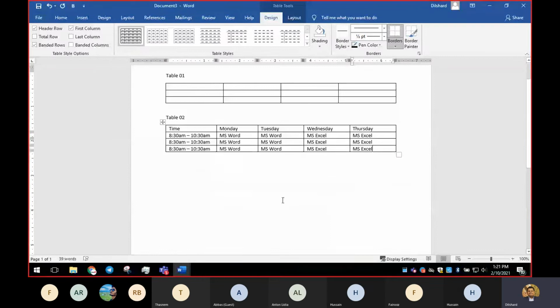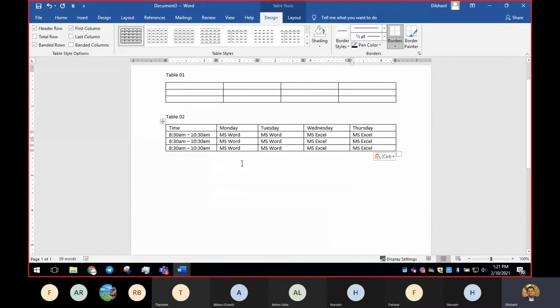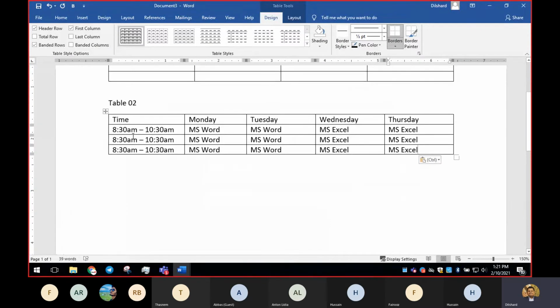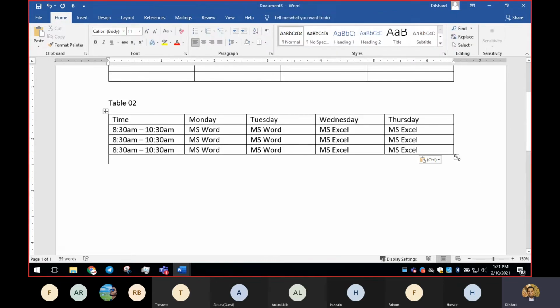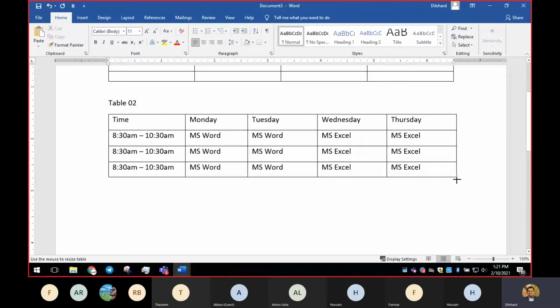Now if I want to give more space between these records, I can do many things. For example, by reducing the size of the font, we can generate some space. Or else just click on the table, and here you can see there is an icon. By clicking and dragging this, you can see the table height will be increased.